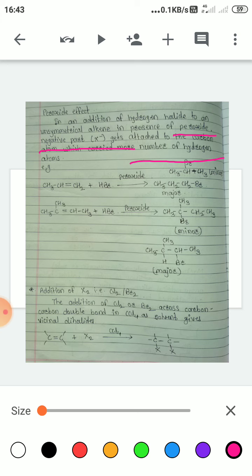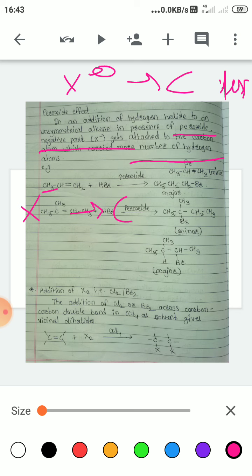Markovnikov's rule states that the negative part gets attached to the carbon atom which carries less number of hydrogens. But according to the peroxide effect, the negative part gets attached to the carbon atom which contains more number of hydrogens,